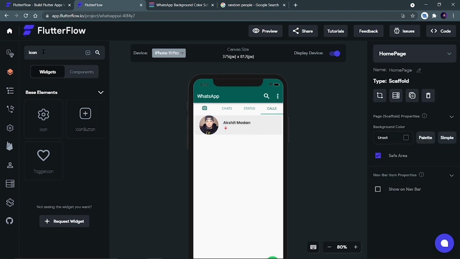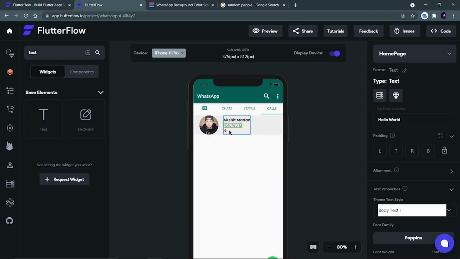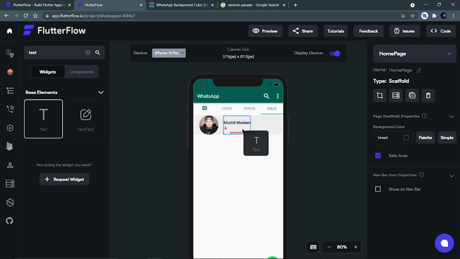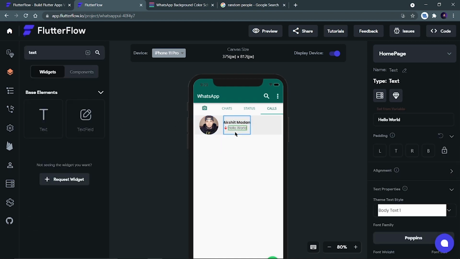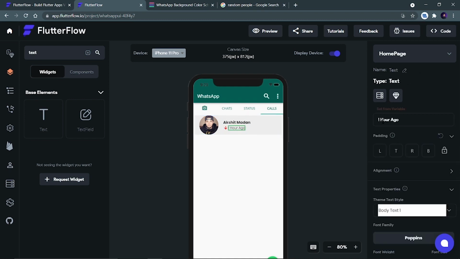And then we can add a simple text, the time when this call came. We have to add the text inside this row. And the call will be, let's say, 1 hour ago. And we have to make sure the cross axis alignment is okay.